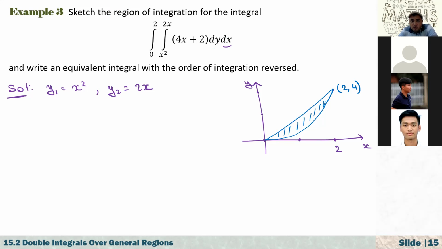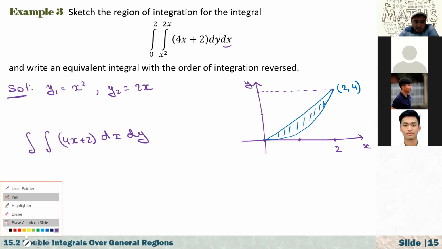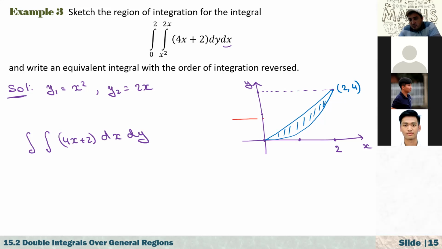So now here, first with respect to y, right? How can we change the order of integration here? So here we need to have integral and integral. Here we have 4x plus 2, and here we have dx and dy. Now, first, if we integrate with respect to x, to find the integration limits for dx, we need to draw a line that is parallel to, what is it? The x-axis. So if I draw any horizontal line parallel to the x-axis, it enters the region here and exits the region here.